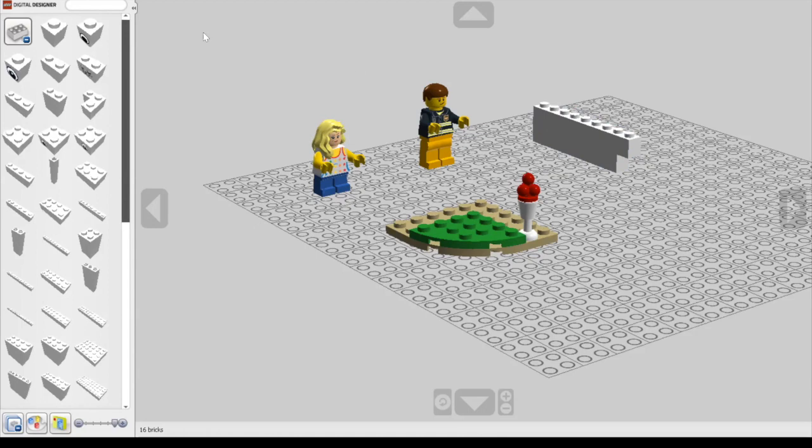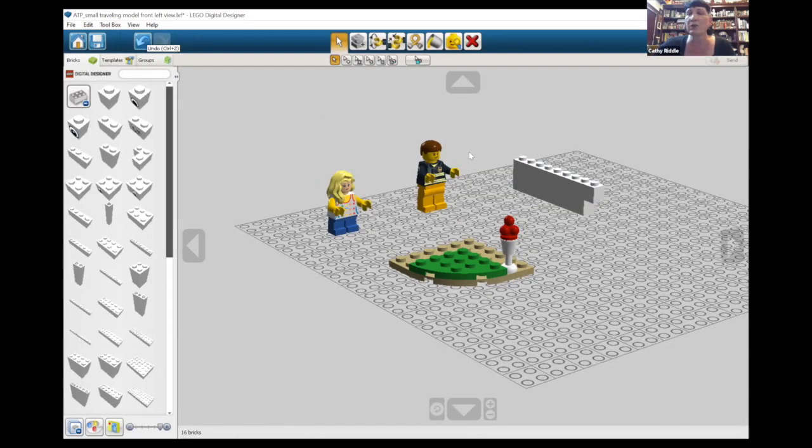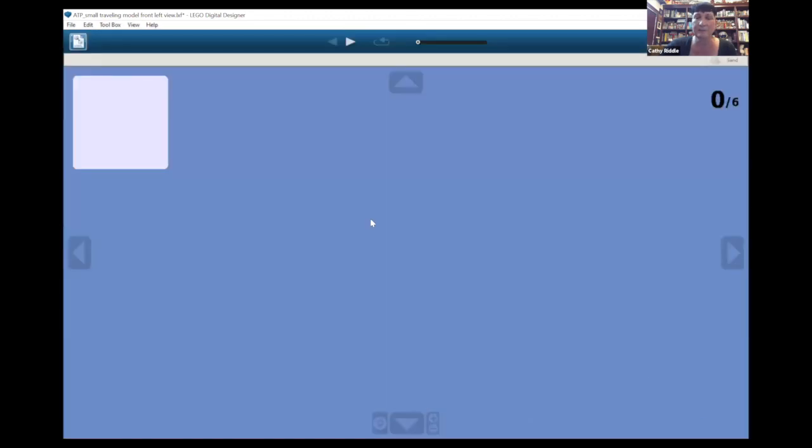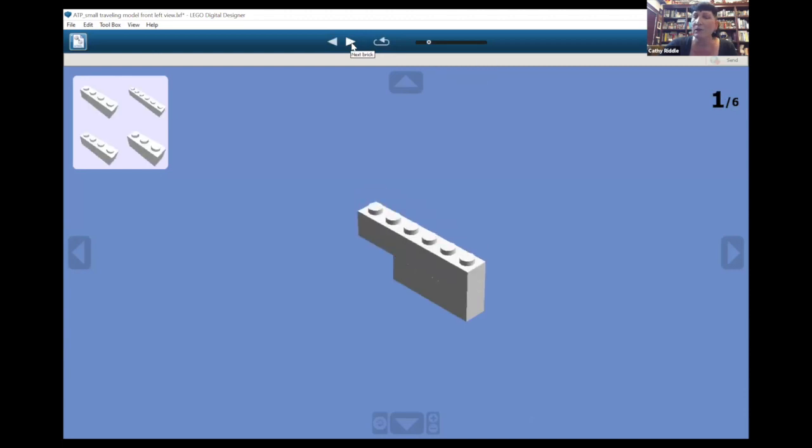So you want to see something really cool? I have fun buttons for you. I'll show you this first. Over here, the very far button on the top, that says building guide mode, right? If I click that, it's going to build us a guide. And it's going to tell us how to put our bricks together,